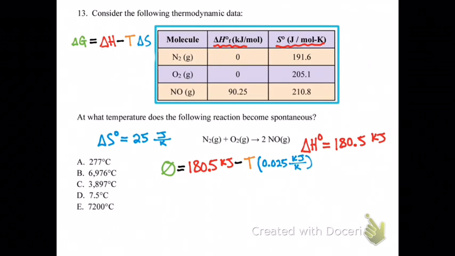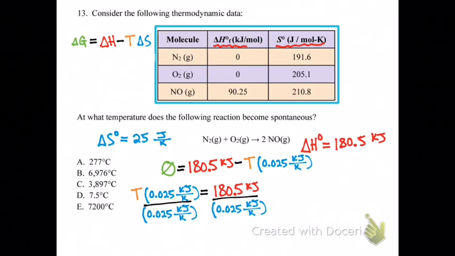Add T delta S to both sides. Rearrange. So we get this. Now we're going to divide both sides by delta S. And when we do this, kilojoules cancels out and Kelvin's in the denominator of the denominator, so it's going to flip to the numerator. And what we're going to end up with is 7,220 Kelvin, which when we subtract 273 from that and turn this into Celsius, this ends up equaling